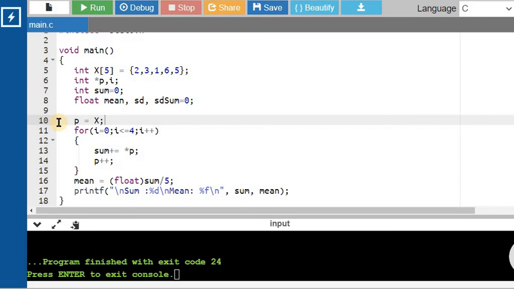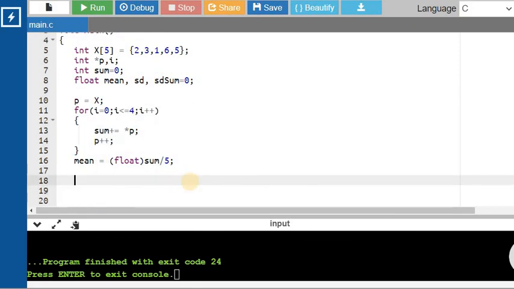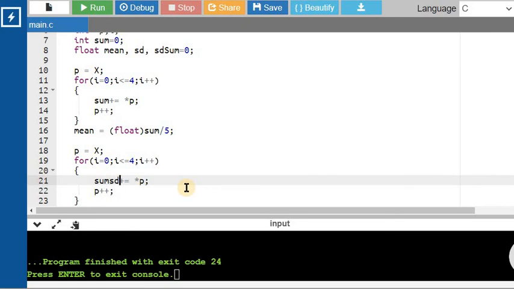Initially, I'm going to have my pointer point to the first element in the array. So soon after the mean is computed, I'm going to reinitialize the value of p to x. That means I'm pointing to the first element in the array. Then using a for loop, I'm going to compute sd sum.